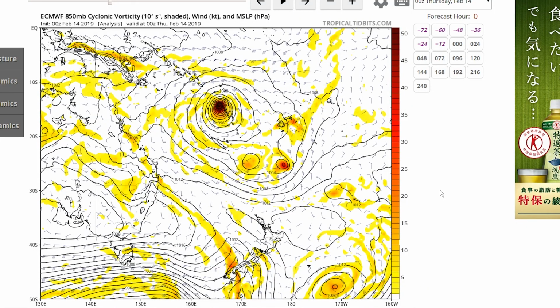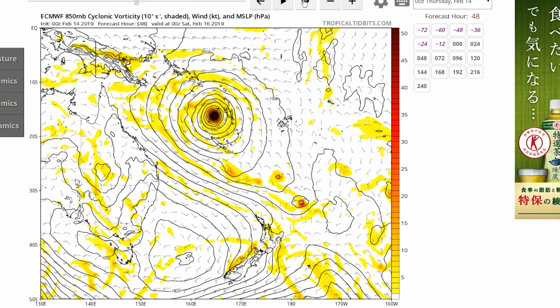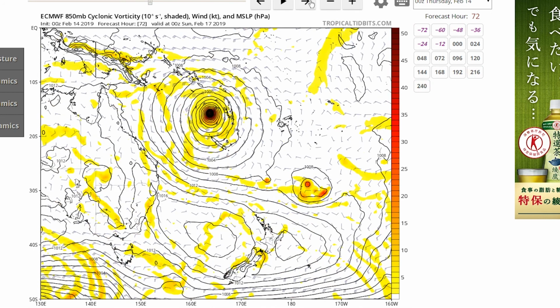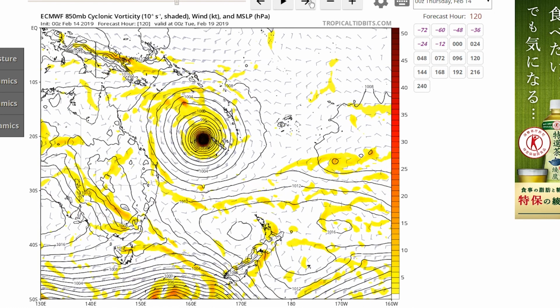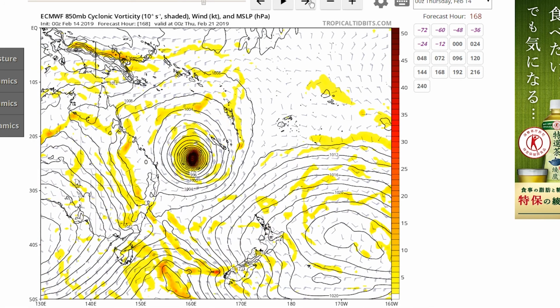So to compare with the GFS, we have the European Centre for Medium Range Weather Forecasts model, and this is it. So what does it show? I honestly can't tell you, I haven't looked at it, but let's move it forward. There is Omar, a very clear, distinct, powerful storm. It's wobbling around, and that's the thing, it's in a very uncertain steering area, which is why it's so uncertain. And it progresses and then seems to clip New Caledonia, and then it's heading off, and then it's